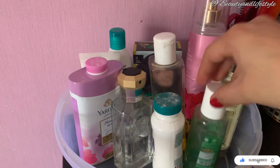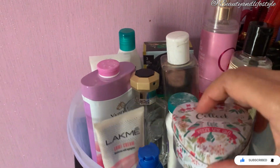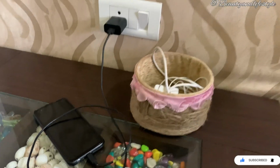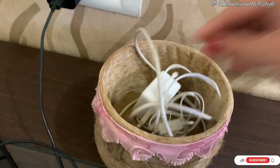Finally, make it a habit to put everything back in its designated spot after use. This will help ensure that you always know where everything is, and prevent any last minute scrambling when you are